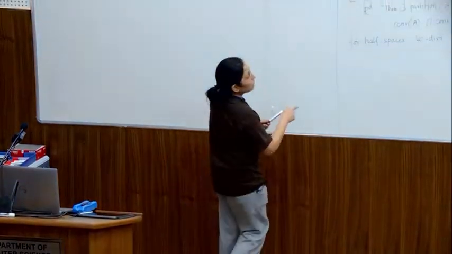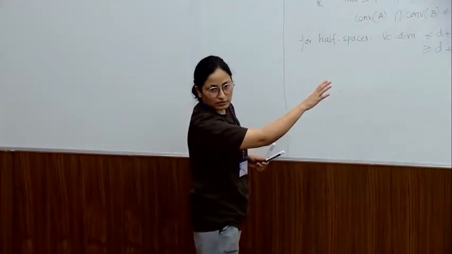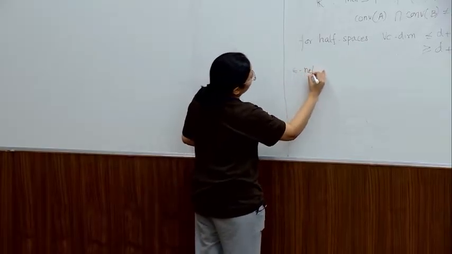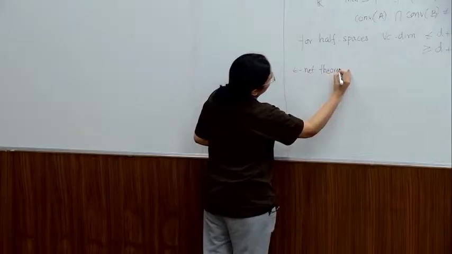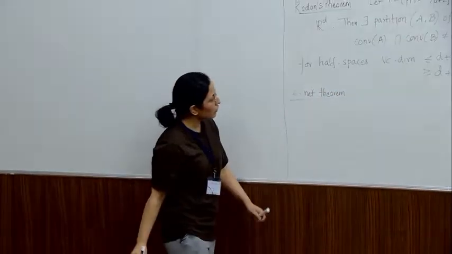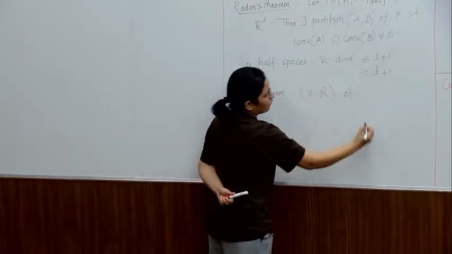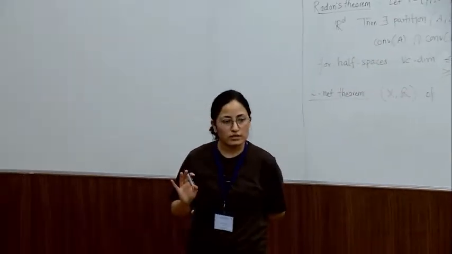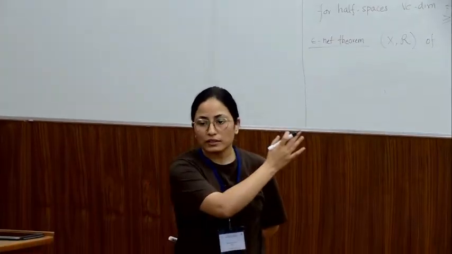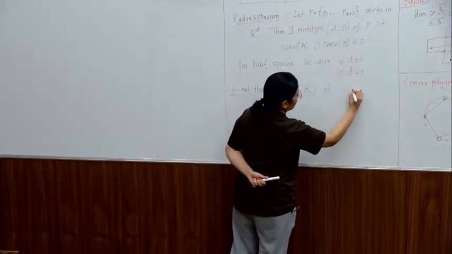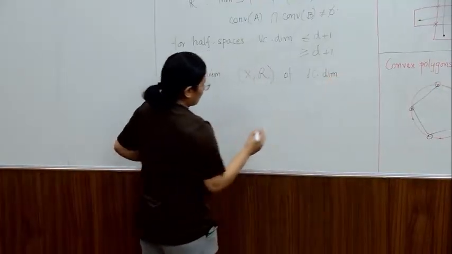Okay. So we had this epsilon net. The definition is clear to all. Now we have this theorem which says that if I have a range space of bounded VC dimension, not ranges like convex polygons, right? So any range space of bounded VC dimension, so say of VC dimension equal to D or at most D,